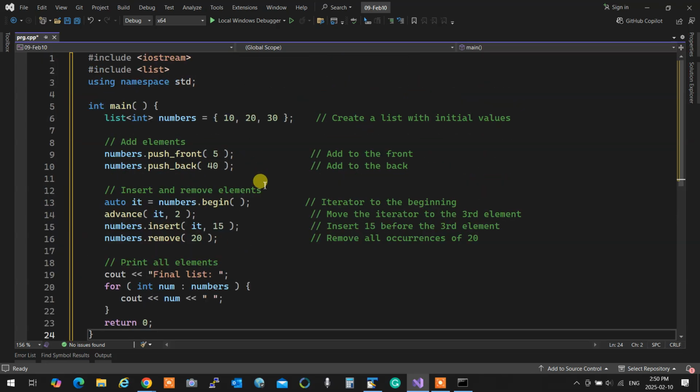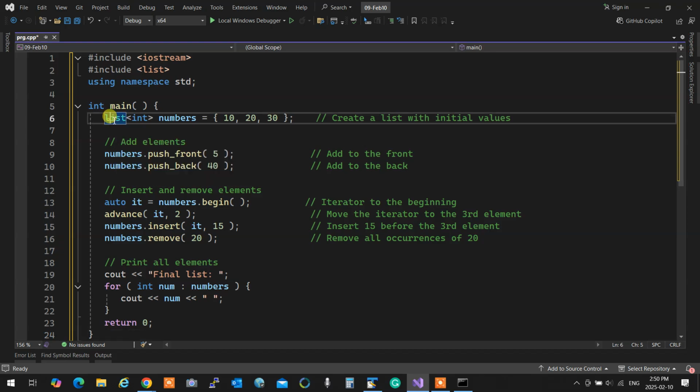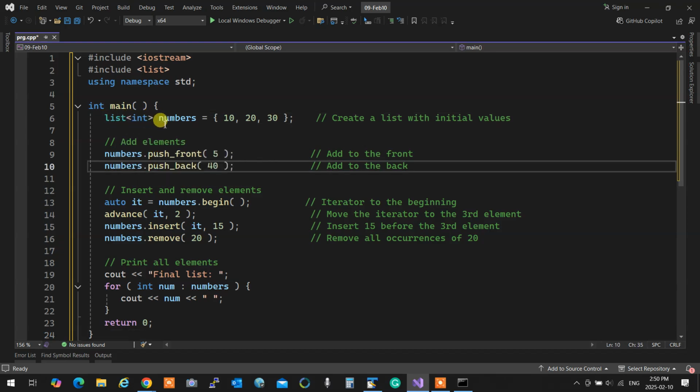So as you see, it works exactly like a vector with creation. I'm creating a list of numbers, and I can push front, which means I go to the beginning. I can add to the beginning. I can push back, add to the end. I can use what we call an iterator. So essentially, I'm going to say auto IT. That's the iterator that I was talking about. So it actually points to the beginning of the